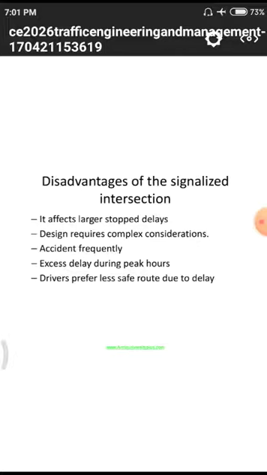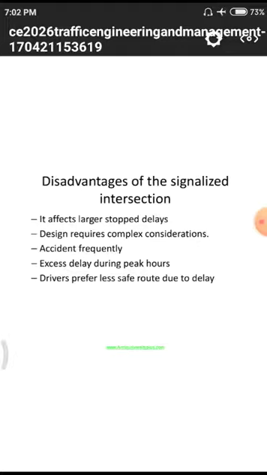Likewise on Fridays, Saturdays, and Sundays we are having peak hours due to a huge amount of traffic collecting in different areas of a route, so we need to face this excessive delay. We need to avoid those excessive delays by choosing different lanes and different shortcuts, so that it will also reduce these excessive delays. Next one, drivers prefer less safe routes due to delays.